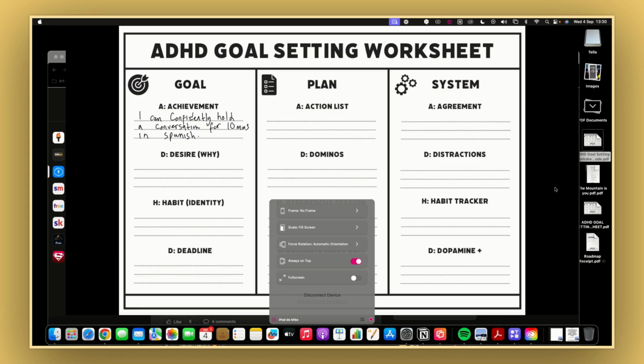I've just given you guys a chance to be able to do it yourself as well. So just write yours down, whatever it is, or pause the video if you want to think a bit more about what this goal will be for you and that you want to achieve, right?